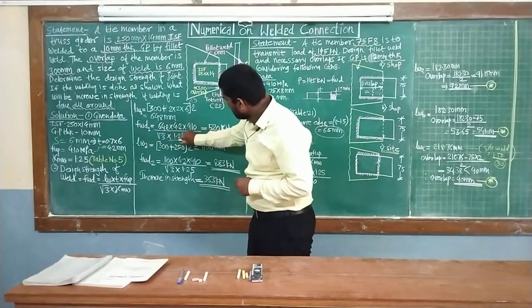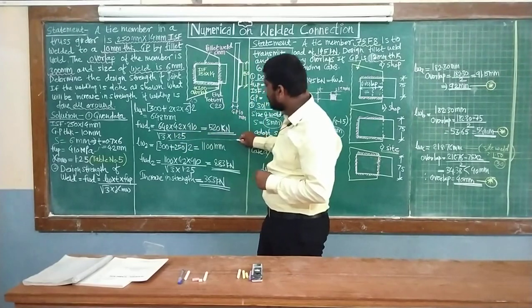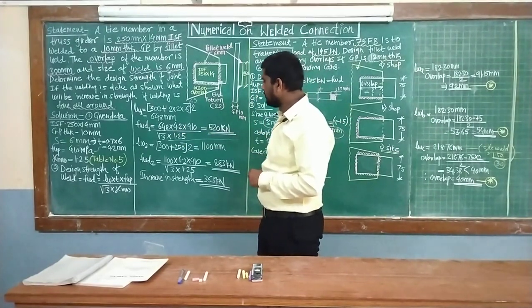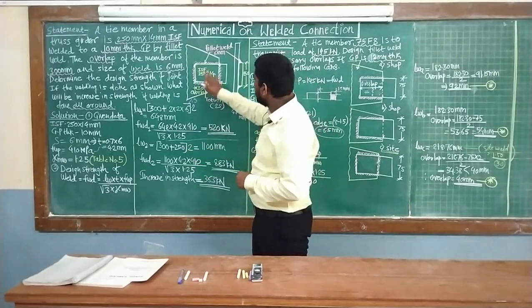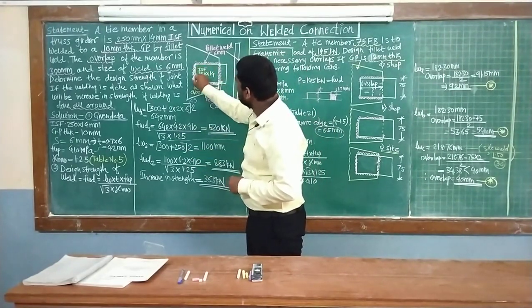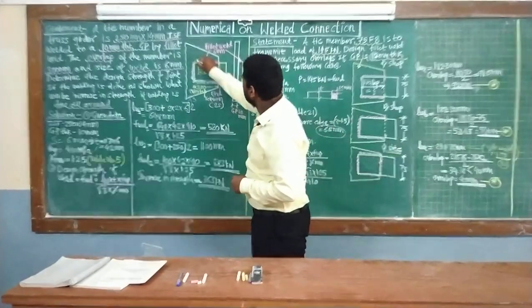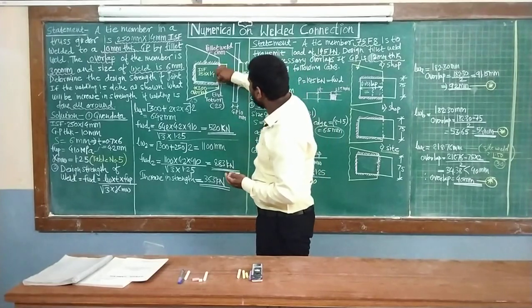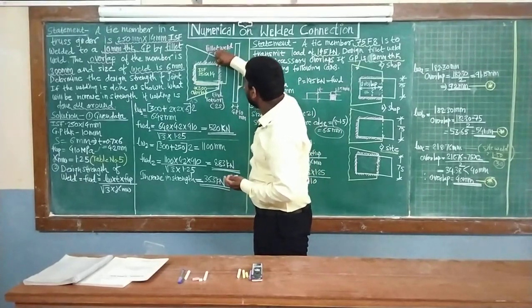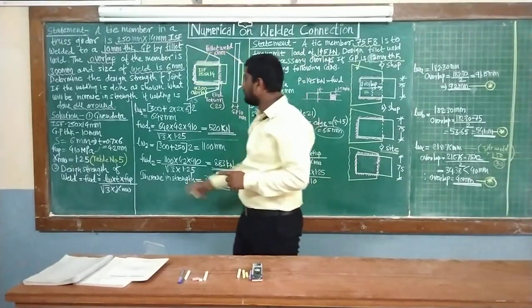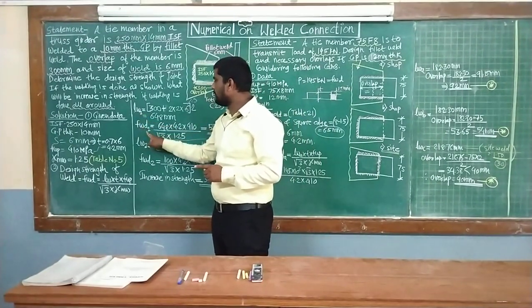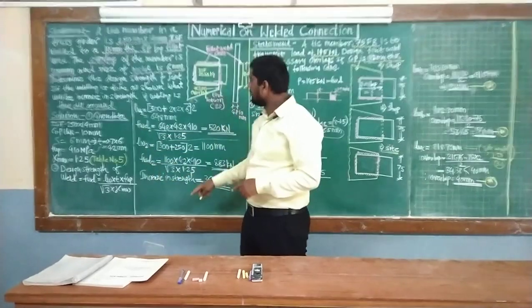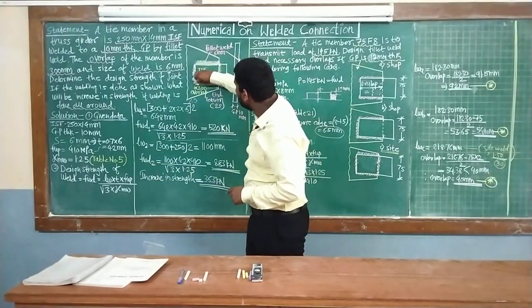After finding the first design strength of weld, the second condition is that we are going to provide length of weld on this side also. In the first case, we studied the length of weld provided on this side. This is the first case, which we have noted as LW1, FW1. Now LW2 and FW2 deal with the length of the weld we are going to provide on this side